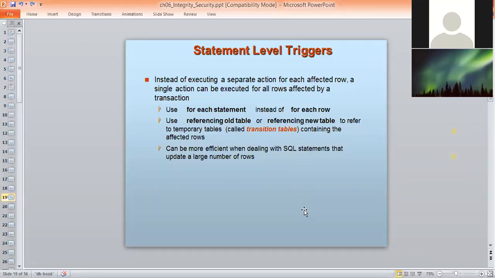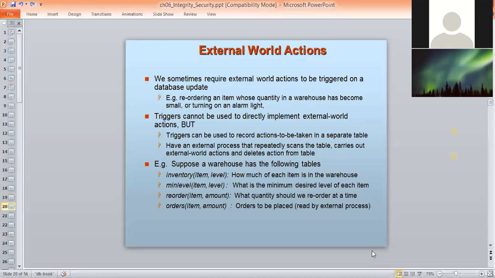So suppose a DA is announced, and the DA will be 10%. Once it is imposed, that will be effective for all the employees. So there we can write triggering operations to reflect those changes in the salary of all the employees, adding that announced 10% DA to their salary. So the purpose of this trigger, I hope it is clear.